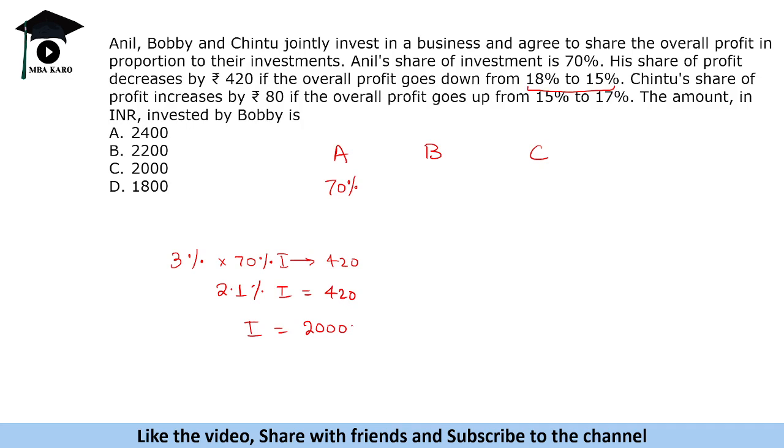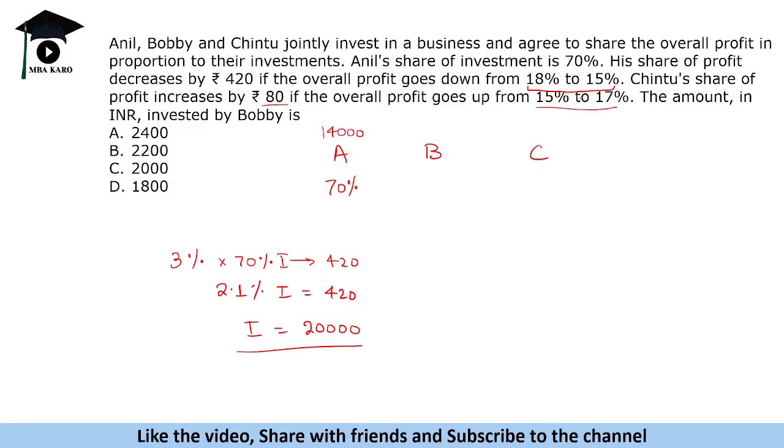This is 200, and into 100 that will make the investment 20,000. So total investment is 20,000. A's investment is 14,000. Okay. Now the next thing is Chintu's share of profit increases by 80 rupees if the overall profit goes from 15 to